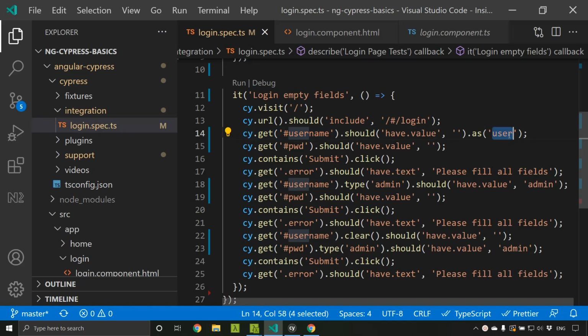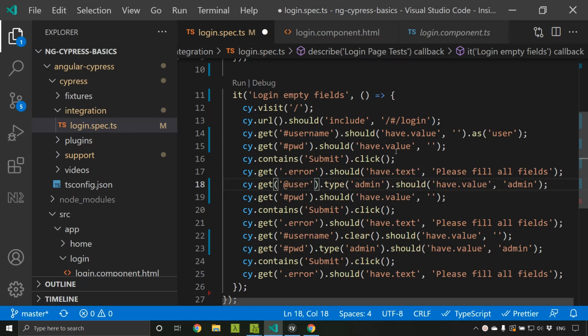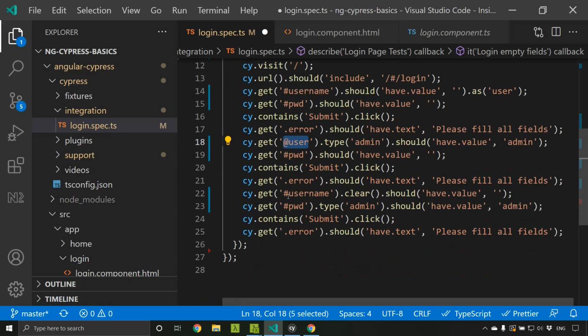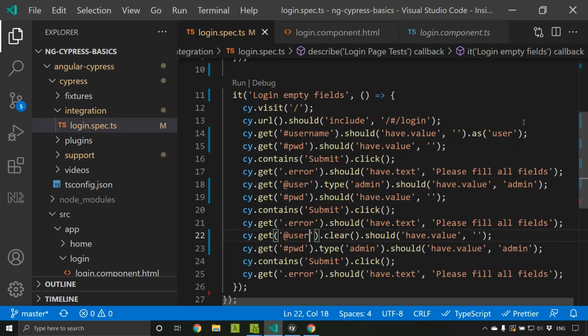So once I define an alias, I can use that alias name later in order to get that same element. So here using the @ symbol and giving the alias name, you will be able to query it in the subsequent places. This will be applicable only within the test case. Once the new test case is executed, the alias will be cleared.